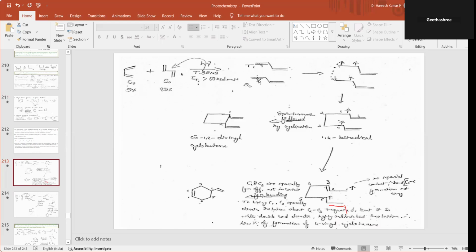And you know that this pi bond and this pi bond undergo excitation. In the excitation, two things are formed. This is the singlet one and this is the triplet one. So the triplet excited state olefin reacts with the singlet excited state olefin. You can observe that these two electrons are in opposite directions, so there is a bond formation. Then you can observe that here